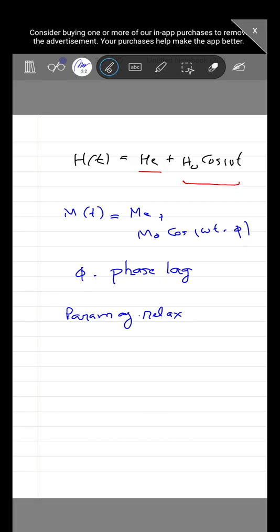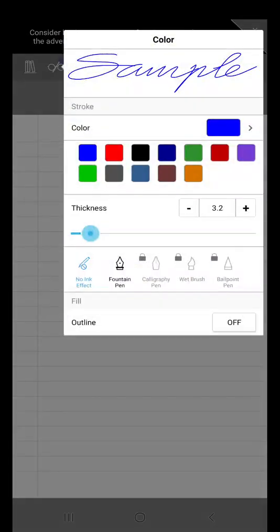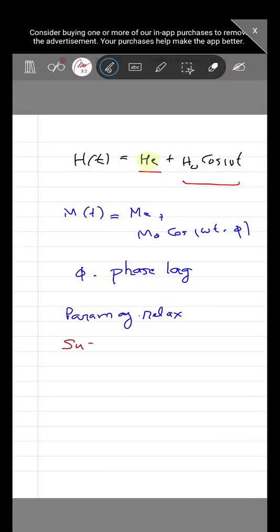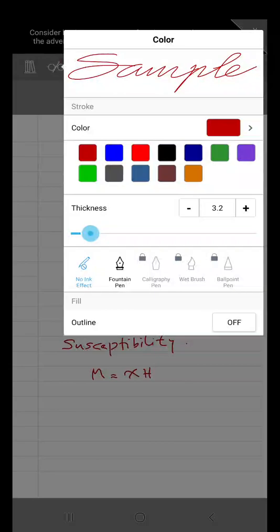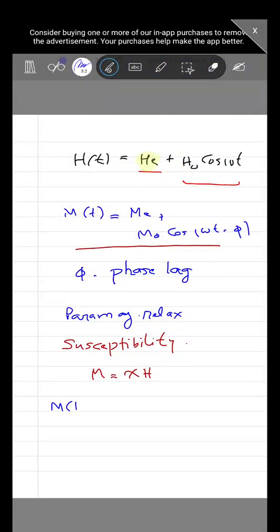Now this constant field He is applied parallel to the oscillating field, but it may also be perpendicular to it. Unless otherwise stated, we assume that H is parallel to the oscillating magnetic field. Now, if we introduce the term susceptibility, M is equal to this term. So this equation will be written as M as a function of time is equal to psi s